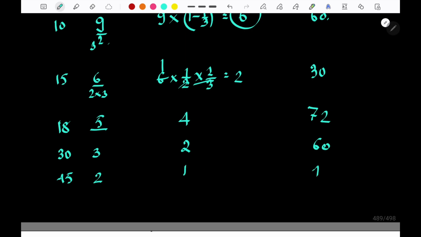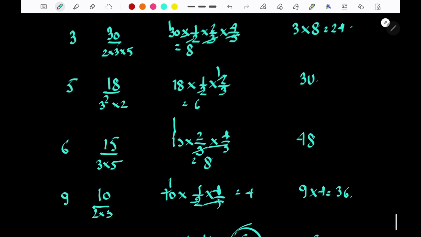There is only 1. So this is 45. Again 91. So there is 1. Again 90. So what is the total summation? Total summation will be